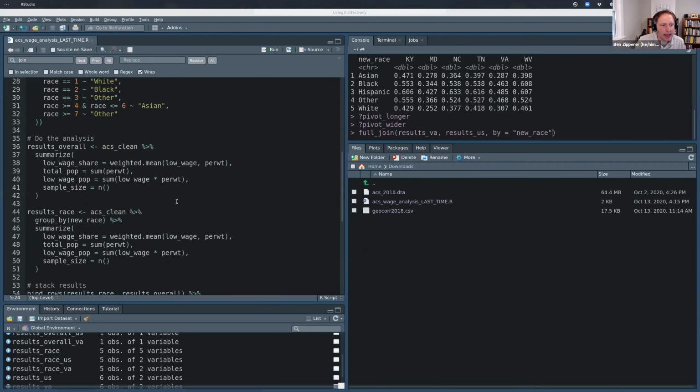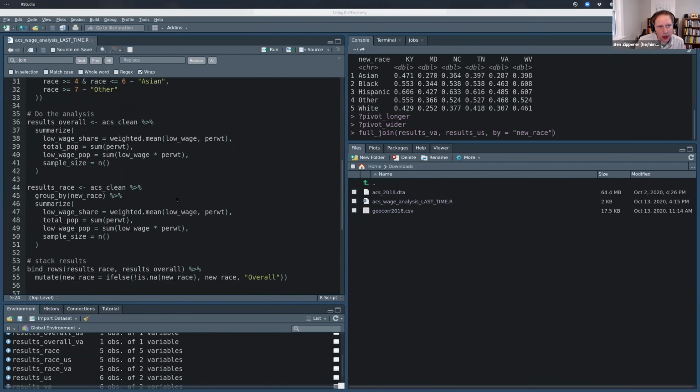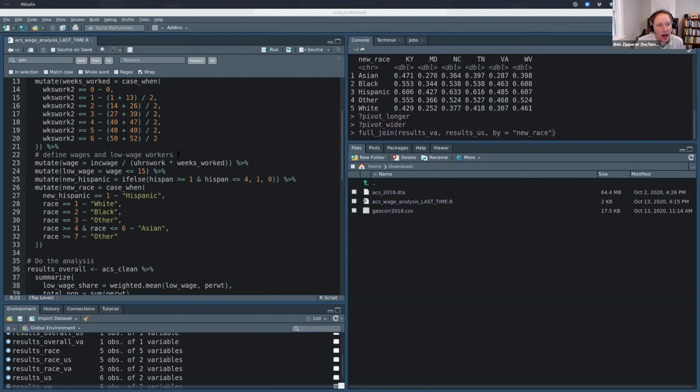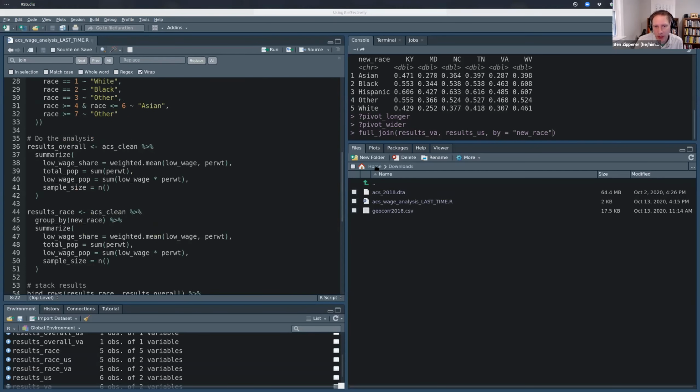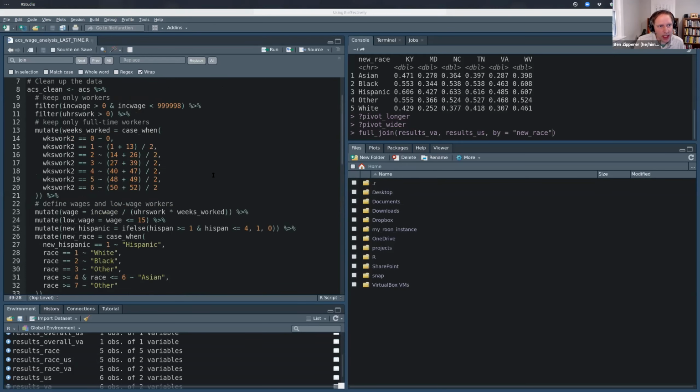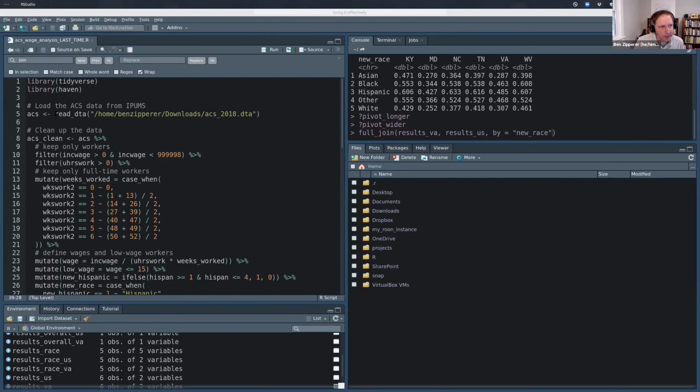And so often what you want to do is keep your files in your directories straight. That's one reason, because you have a bunch of different files. Another reason is that by default, when I typed in this file name, read_dta, and gave it this full path, your path is going to look different, but that's my path to this file. It shows what directory it's in and then the file name. If I didn't type that directory name,